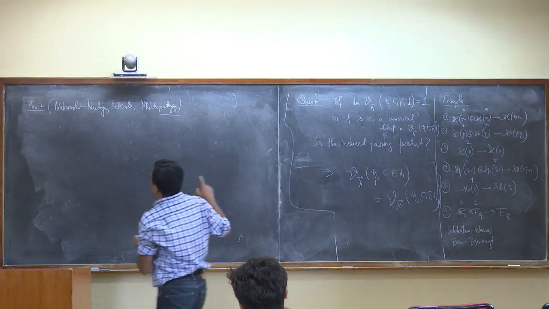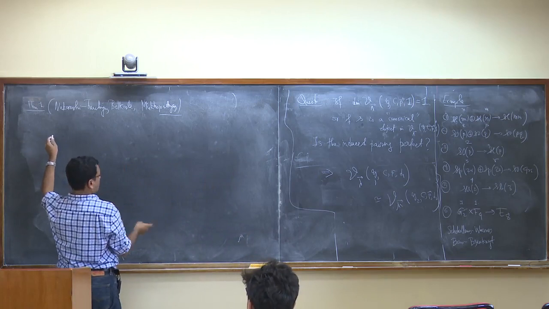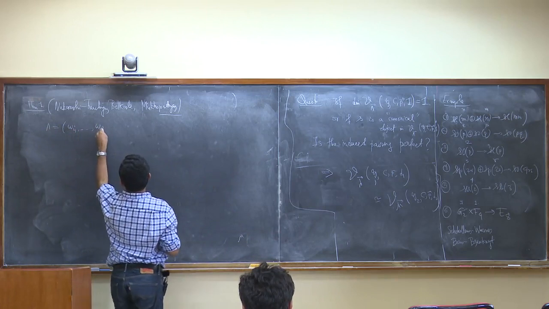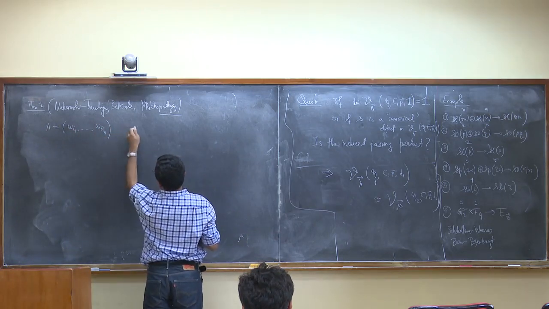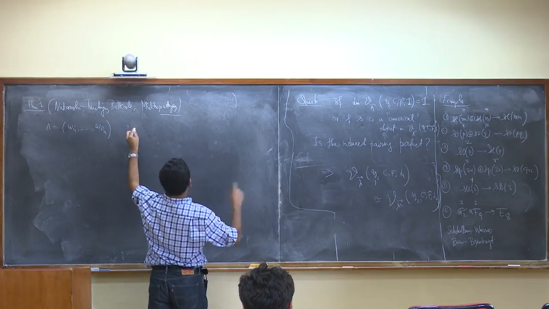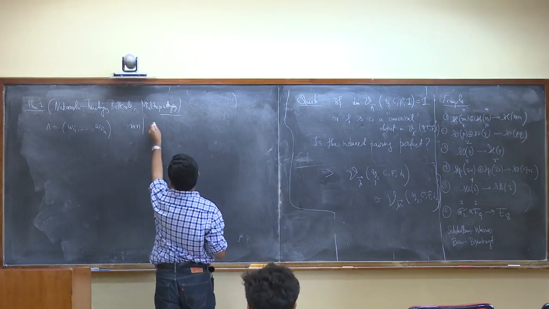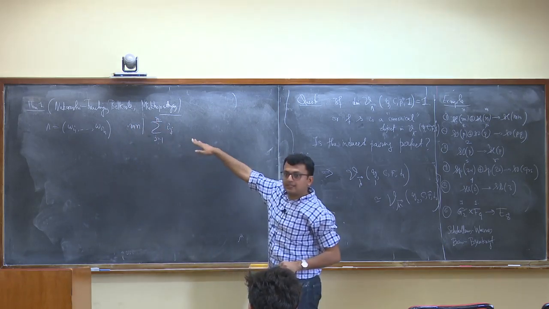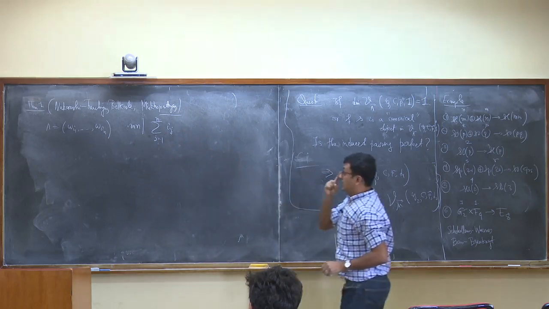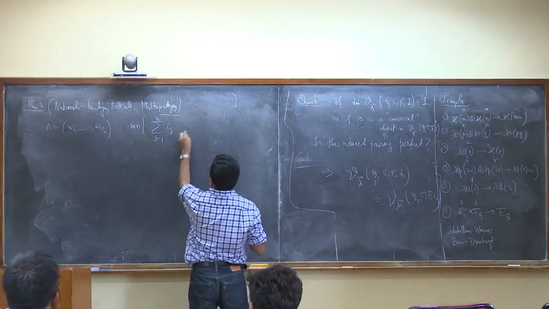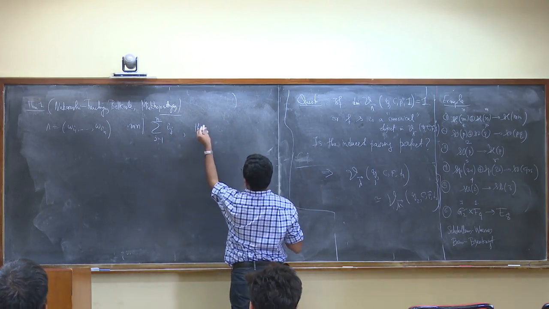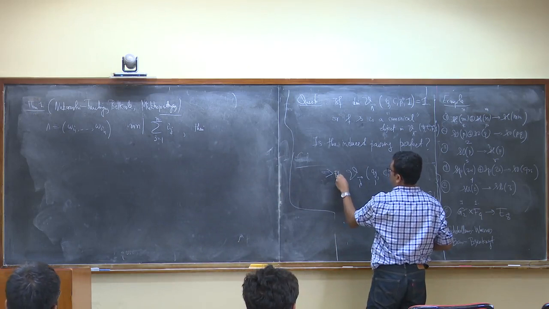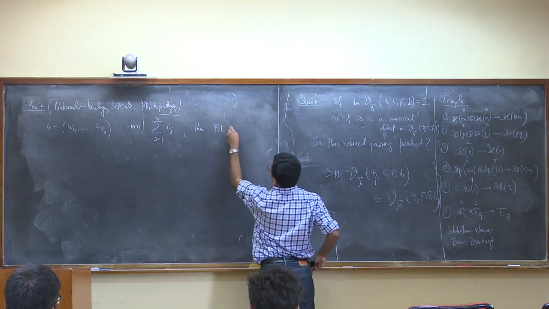The theorem is saying that if I take lambda to be omega I1 up to omega In, such that Mn divides the summation of i_j, j equal to 1 to n, this guarantees that the dimension of the conformal block is 1. Then let me call this pairing part RL. Then RL is an isomorphism.